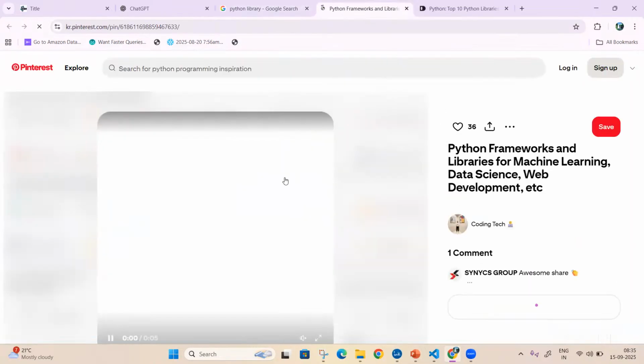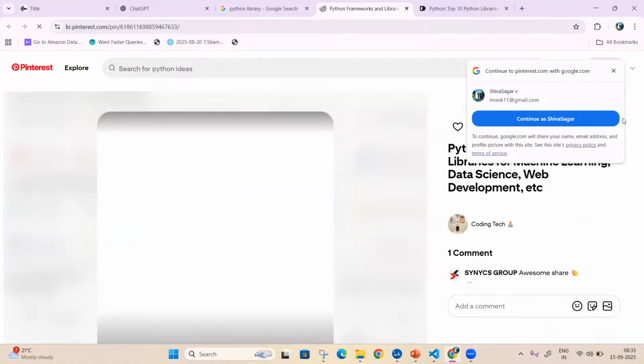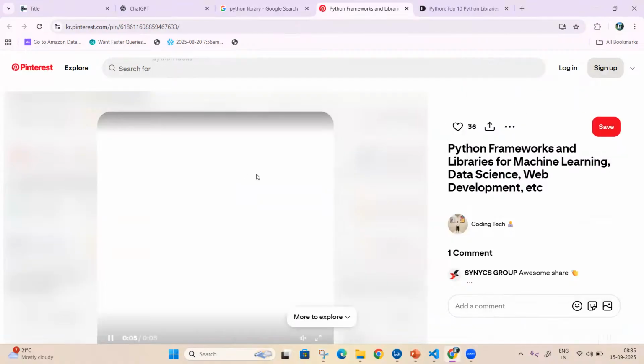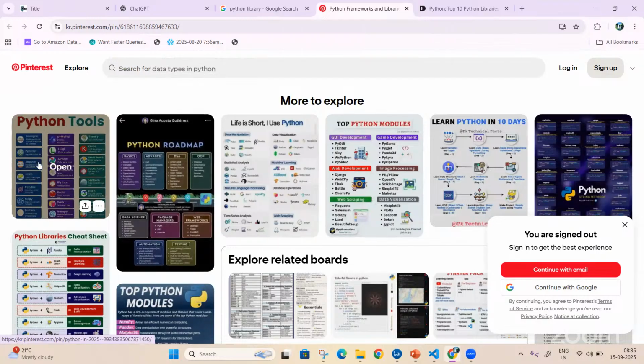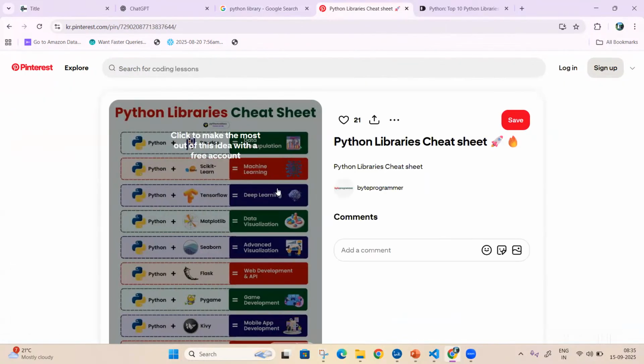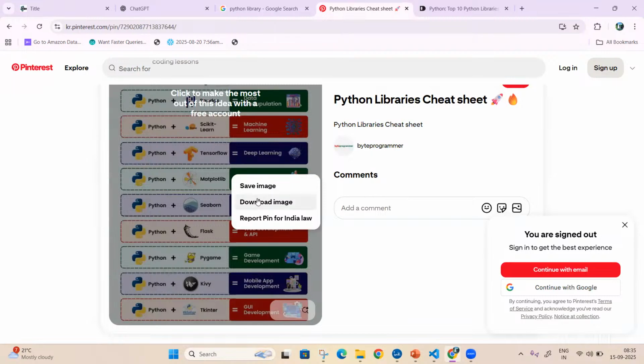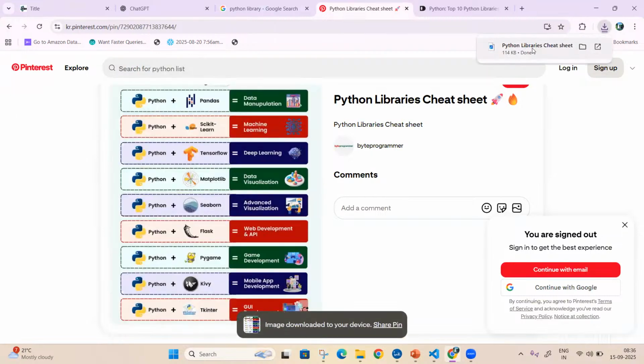This is much easier. Let me download the image.